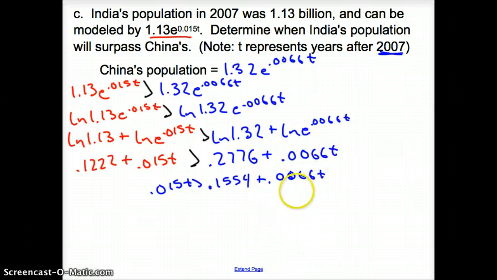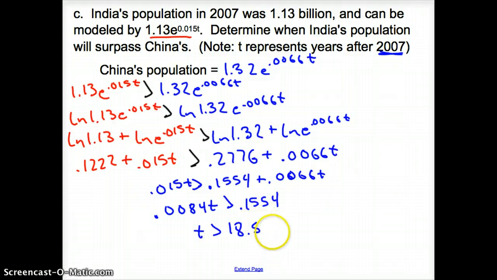Subtract this guy over here on the other side of the inequality to give us 0.0084t is greater than 0.1554. Solving for t, we finally get a divide by 0.0084, so t is now greater than